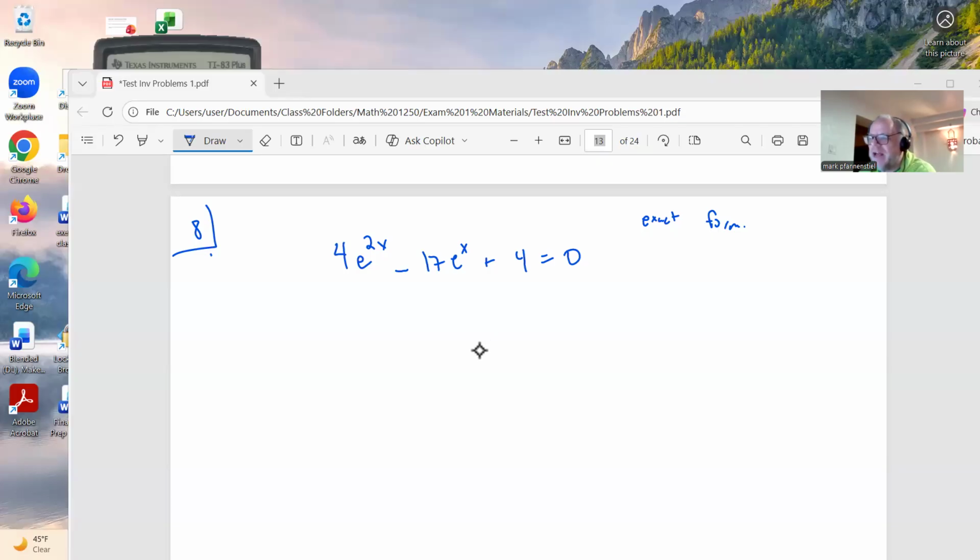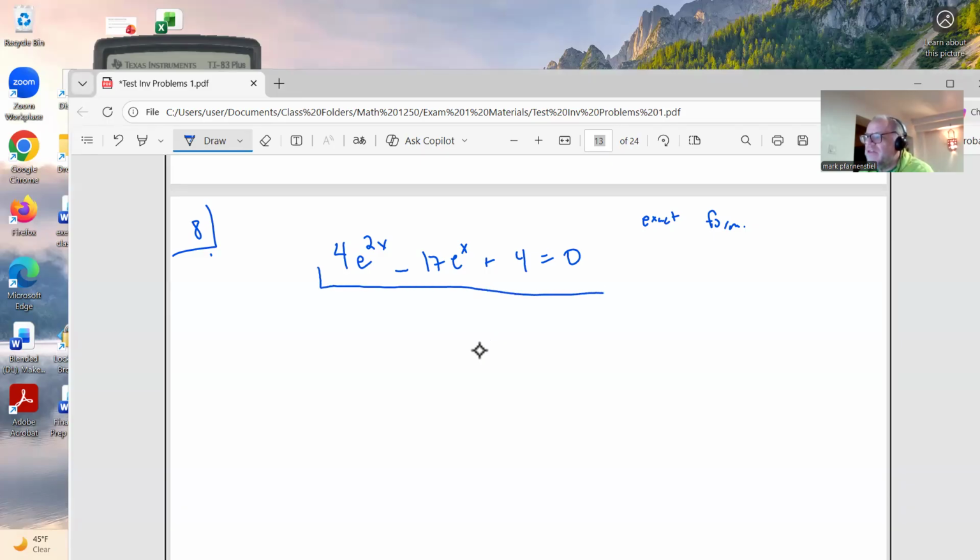Here we have another exponential equation. This one has my favorite little piece to it. So this is a very probable kind of problem that you're going to see. The first thing I'm going to do: looking at this, you might be tempted to take a natural log because we've got variables in the exponent. Not yet, because if you try to take a natural log here, what you're going to be tempted to do,